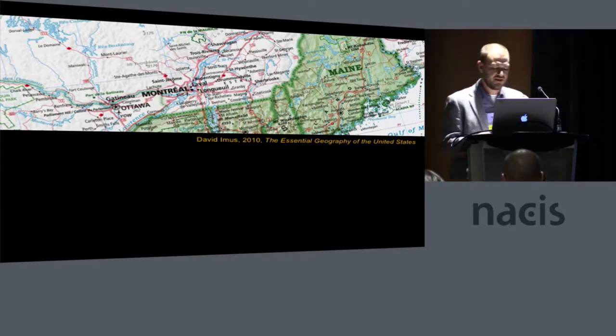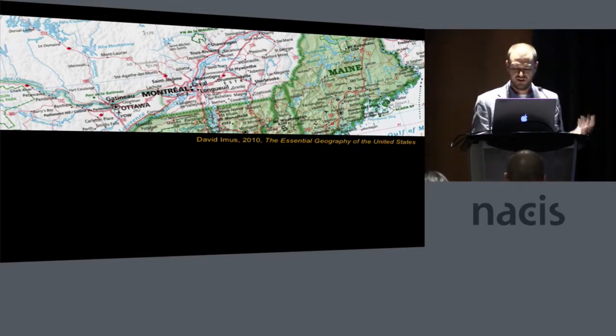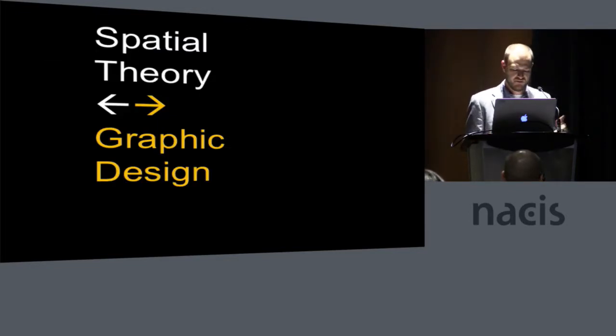So one of the main challenges that I face in cultural geography is how to interpret this idea of multiple spaces, right? And how do you interpret this idea of there being many different spaces in light of present-day cartographic practice? So this is a question, to me at least, of how does spatial theory meet graphic design? I want to describe this challenge a little more in terms of a paradox.